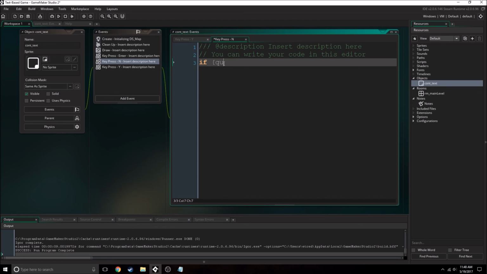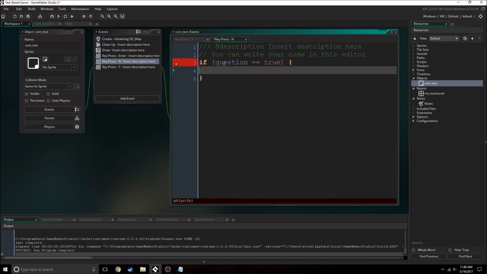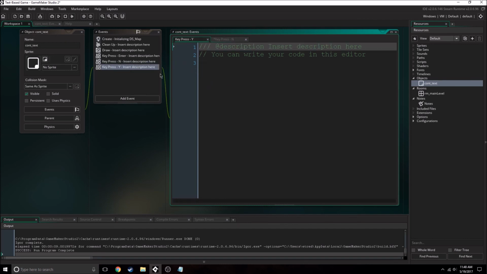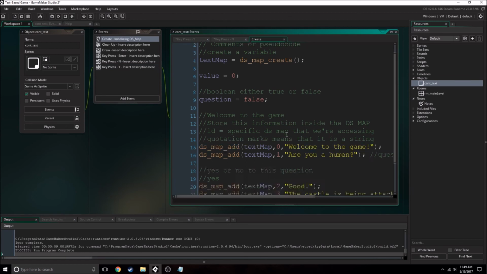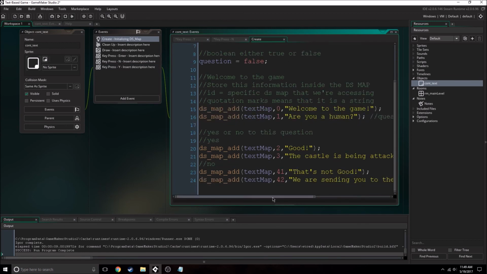If question equals true, so when there is a question, value plus, we want to increase the value by 1. And then we can just copy this code, Control C and Control V, and then we can make this increase by 40. Because if you remember, when it's yes, we want it to increase by 40. Or actually,